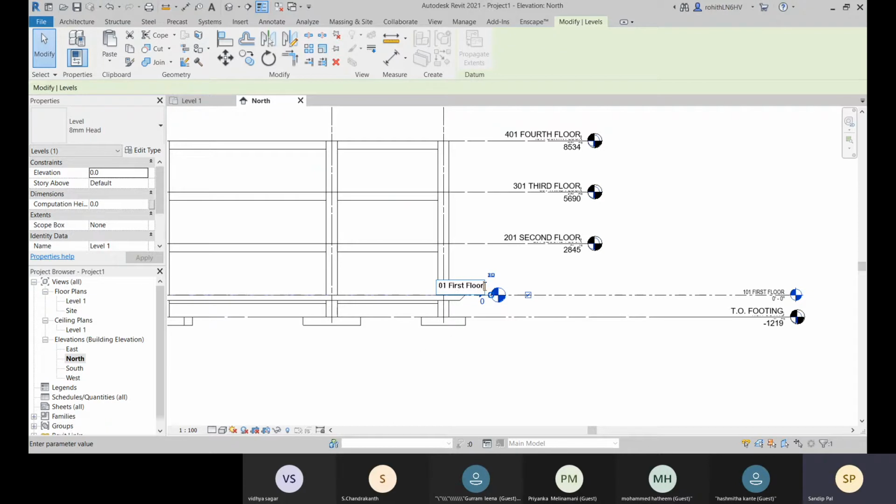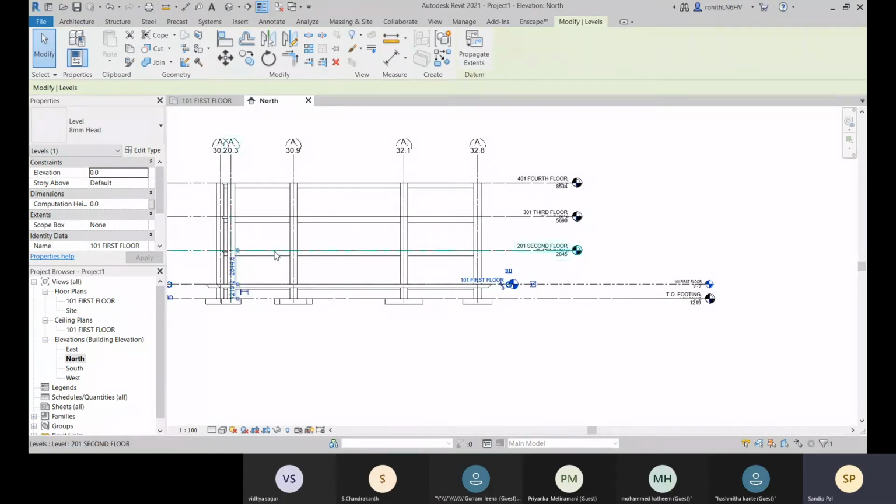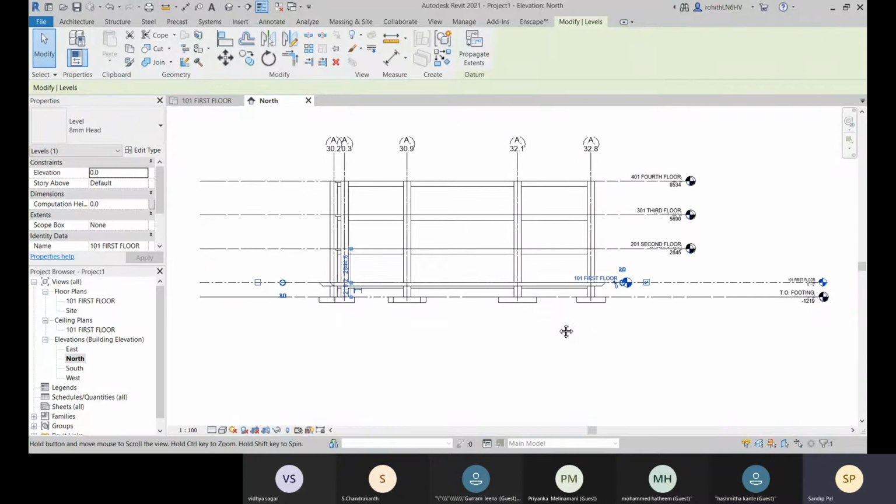Okay, so that's because all are in caps. Okay, fine. And now here you can see that we have created our levels, but the plan is not added according to these levels.